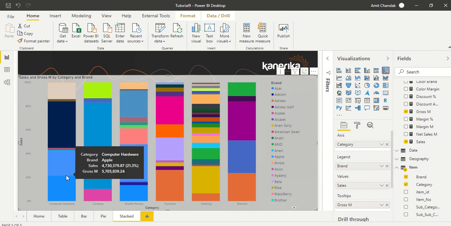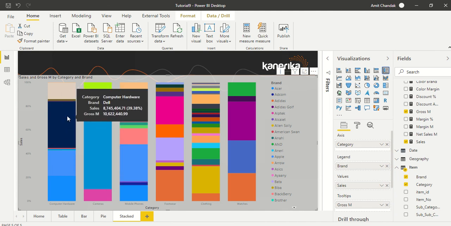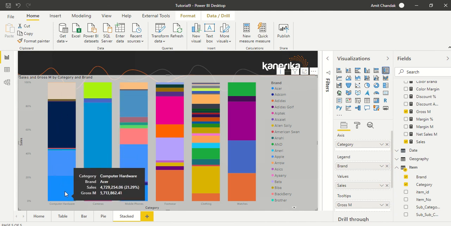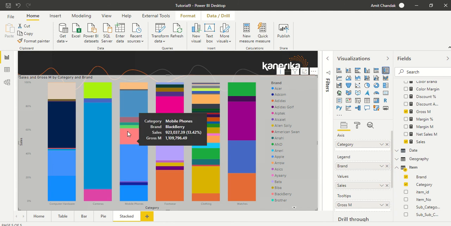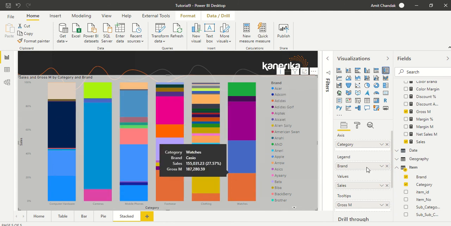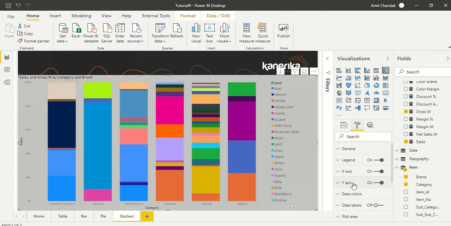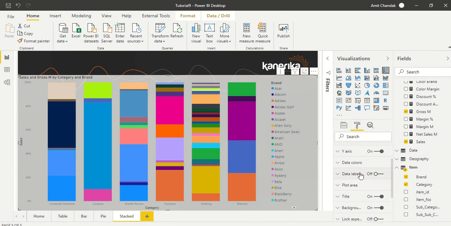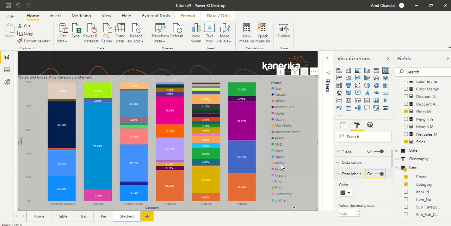Now every bar is shown as 100%, and it is kind of like you have multiple pies, so each one is now acting as a pie. Everything is a kind of pie visual. Do we have different kinds of labels here? We go to data labels, switch them on, and then we start seeing them. By default what you are going to see is the percentage. These are kind of vertical pies which you have got, and there you can see the percentage.